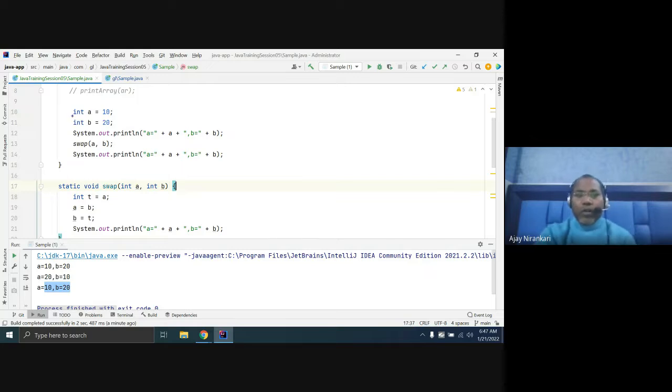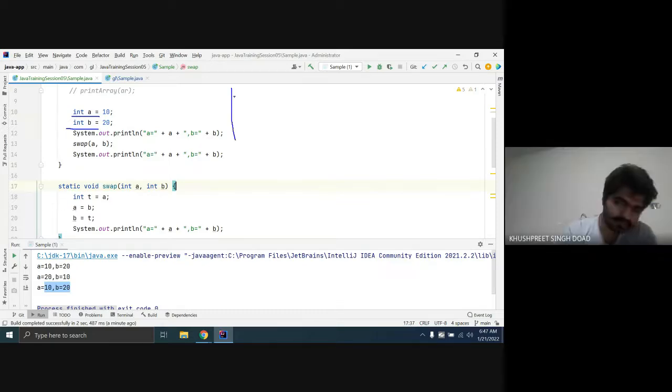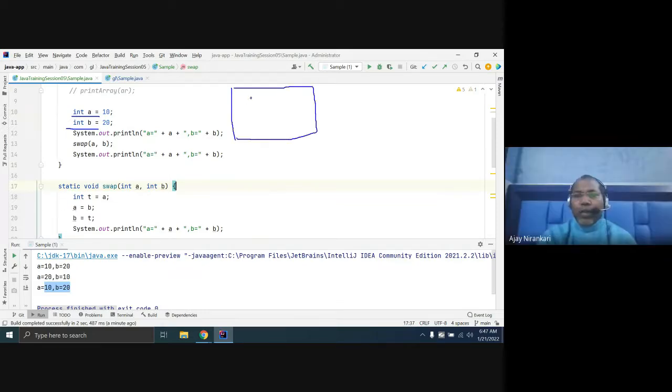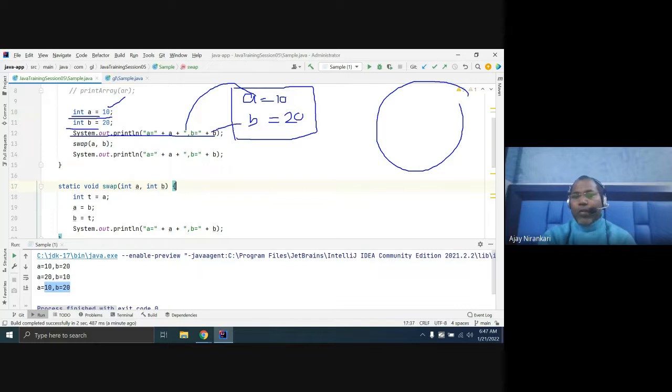Whenever your code runs, it declares two stack variables for the main method. One stack variable a equal to 10. So a is not an array variable, so it is not stored in the heap memory. There is no heap memory here. The value 10 is stored directly because this is a primitive value. Similarly, b equal to 20. Whenever you print A and B, it will print the A value and the B value, 10 and 20. It's okay, no problem.